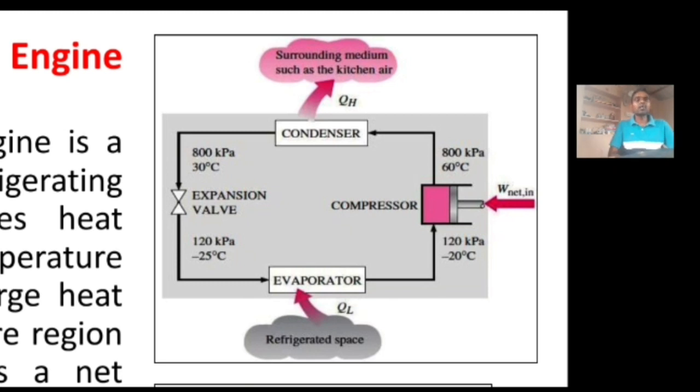Coming to the expansion valve, it helps the high pressure liquid become a low pressure and low temperature vapor again, or maybe a wet mixture. It necessarily may not be a vapor because it has given out its heat at the condenser itself. So it becomes a low temperature low pressure wet mixture again. We can say liquid also, but in practice it will not be completely liquid, it will be a wet mixture. This is how a refrigerator typically works. Now let us move on.